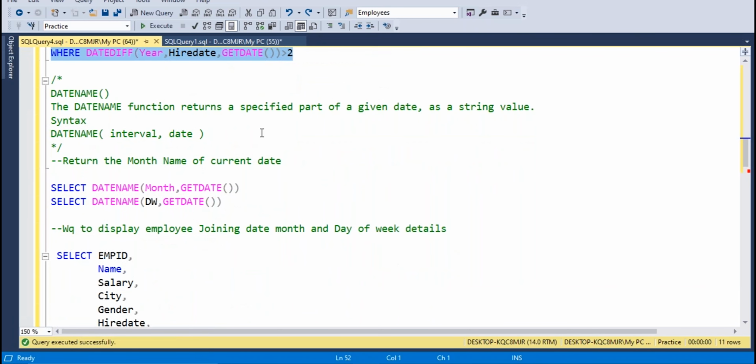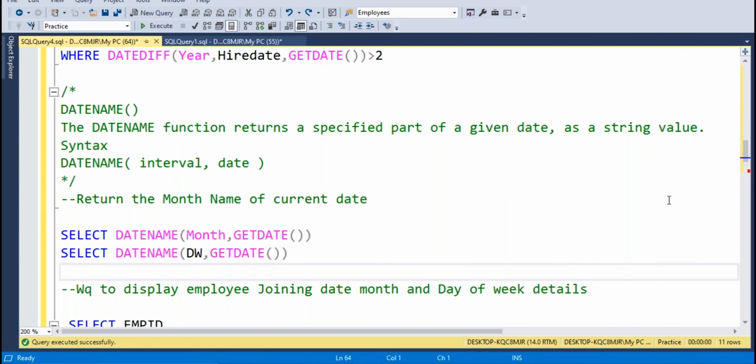Now you can observe DATENAME. In the date parts, how many parts have a name? Can we have a name for a year? No. Can we have a name for a month? Yes, we have: January, February, March, April, May, June, July, August, September, October, November, December. Like that, we have month names. Do we have a quarter name? No. Do we have a day name? Yes, we have the day of week. Either we can get two parts, month name and day of week. This DATENAME function will always return a string value.